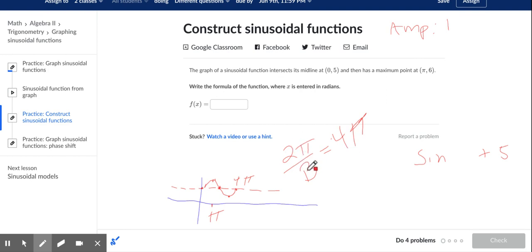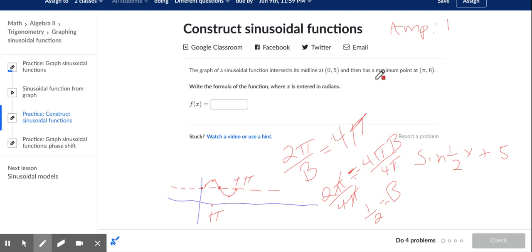So if I do 2 pi divided by what gives me 4 pi, multiply both sides by b, I would say 2 pi equals 4 pi times b. You might already be able to say, okay, b is a half. I know that. But if you can't see it, just divide both sides by 4 pi. The pis cancel. If you reduce 2 over 4, you're going to get 1 half equals b. So I have 1 half x here. And that would be my full answer because